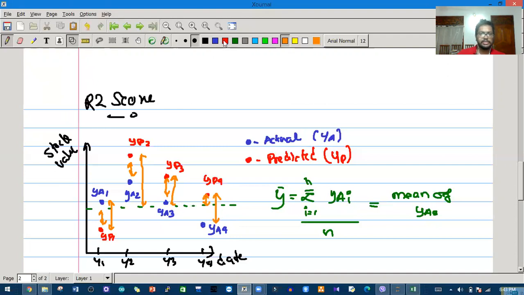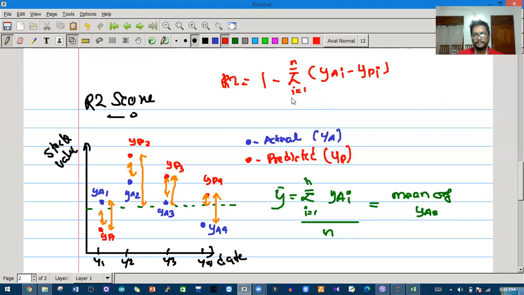So we say the R2 score is equal to 1 minus sigma i equals 1 to n of y actual i minus y predicted i, squared, divided by